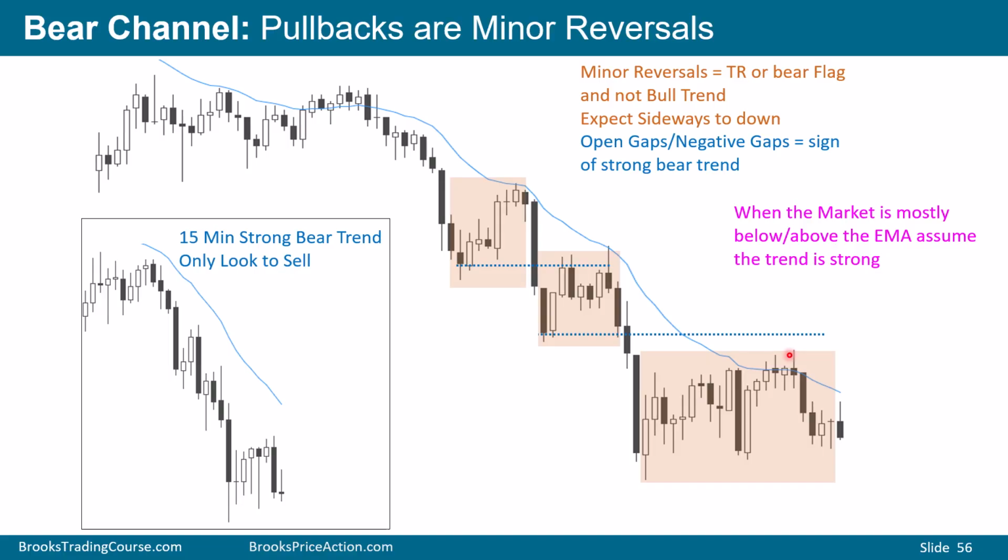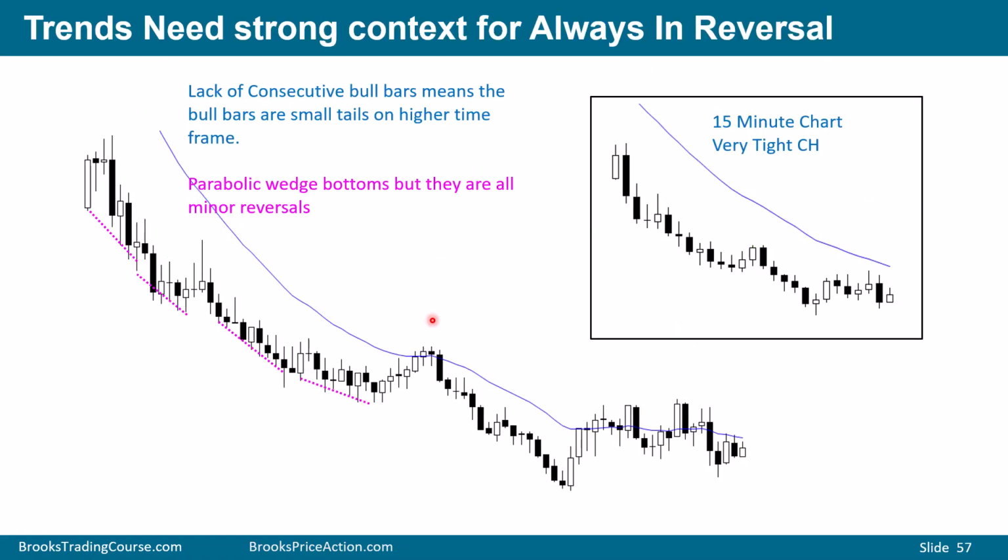And what do you notice about the minor reversals? Traders are unable to close gaps. This gap is open right here, the close of this bar to the high close of this bull bar right here. This gap is open, close of this bar, or the close of either of these bars and these high bull bars right here. You can also say there's a gap here. Any of these bars here and the retest right here. Whenever you see open gaps, you know the market is trending. Trends need strong context to get an always-in reversal.